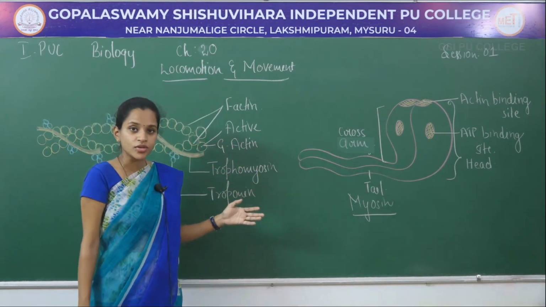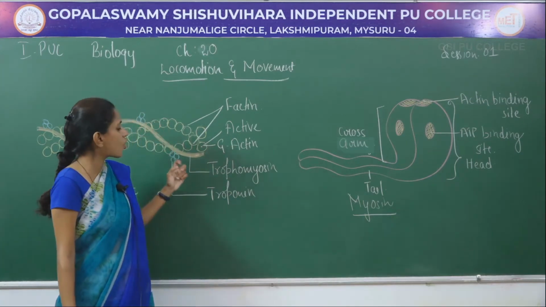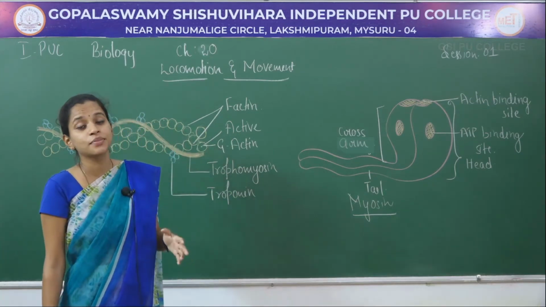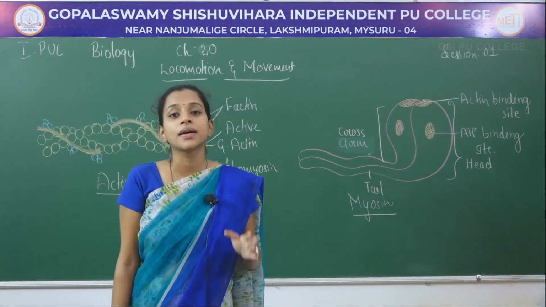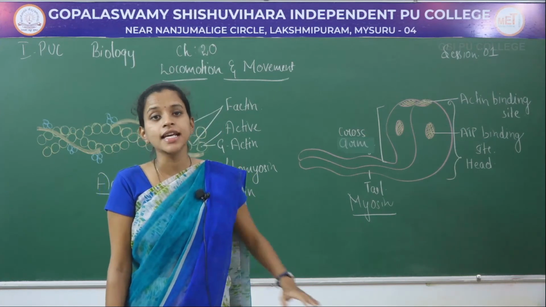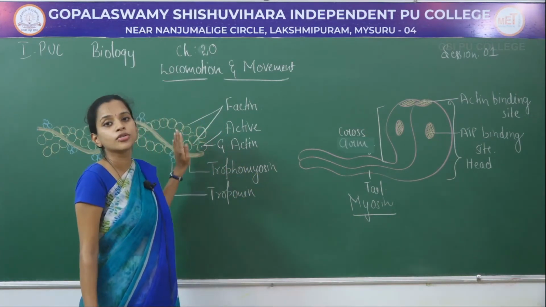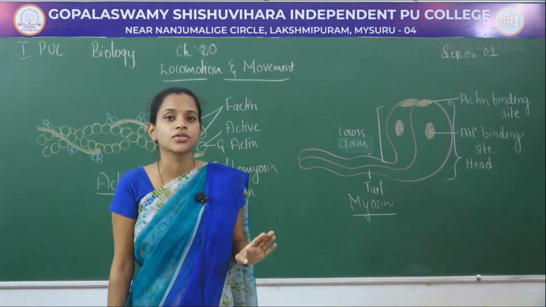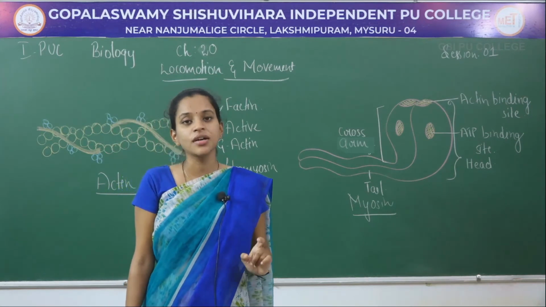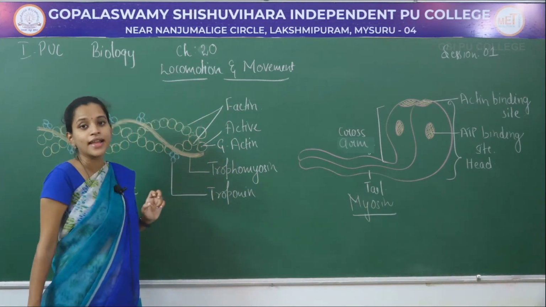This tropomyosin, at alternate ends, contains a structure called troponin. This helps during contraction and relaxation. Especially when the muscles are in a relaxed state, the troponin molecules block the G actin active site, so that there is no muscle contraction during the relaxation of the muscles. That is about the actin contractile protein.